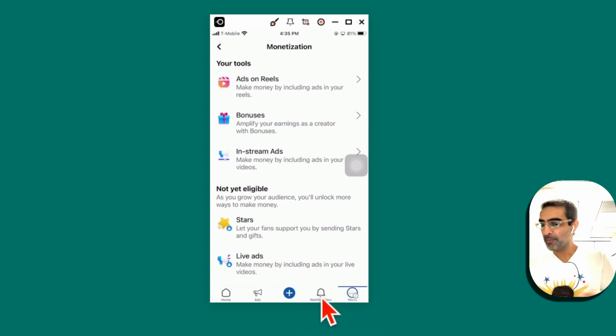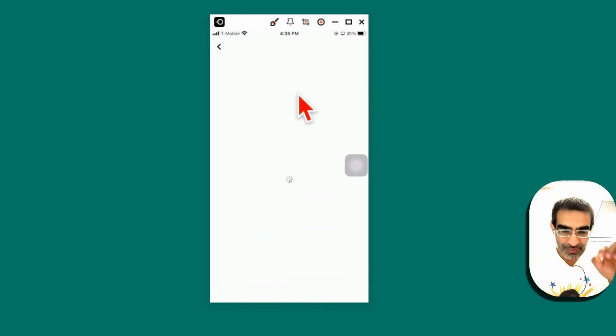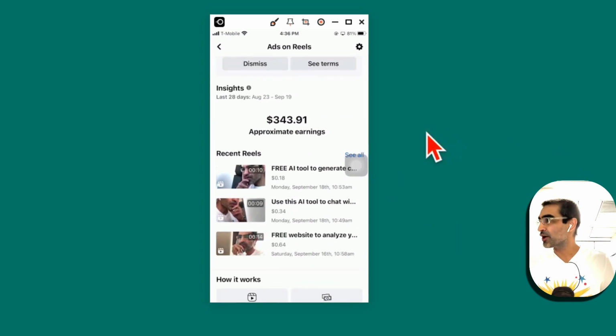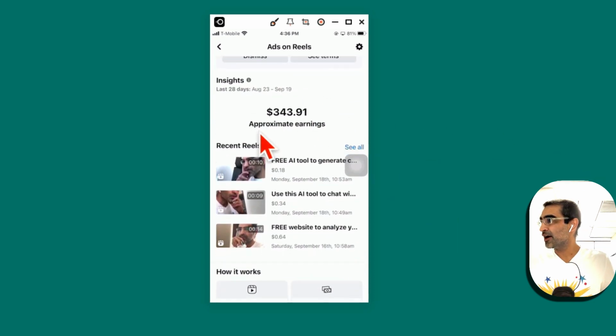Ads on Reels program, make money by including ads on your Reels. So this is similar to YouTube ads. So advertisers, they spend money on ads. Facebook or Meta keeps some percentage, and they give us some percentage. And here you can see in last 28 days,